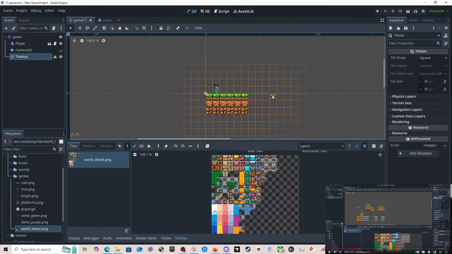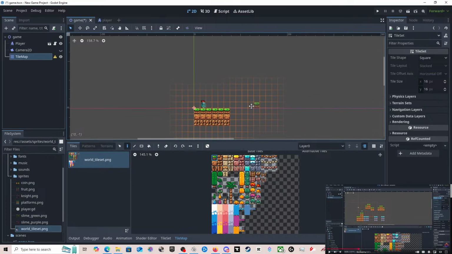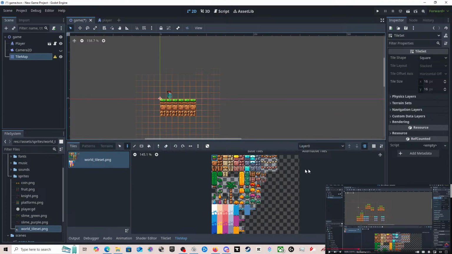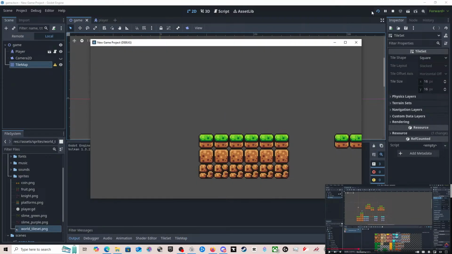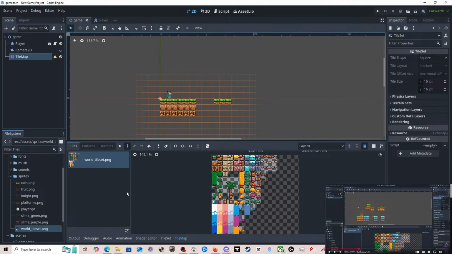We are good. And then, you know what? I'm not going to do it the same as him. We're going to have a jump going in here. 1, 2, 3. I wonder how far we can jump. We'll have to try it, won't we? To there. So we'll do that. Let's play. Yeah, I forgot about that. We didn't put the block underneath it, did we? We'll assume that we can jump that far.